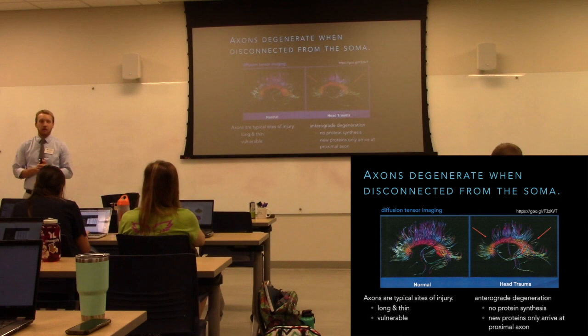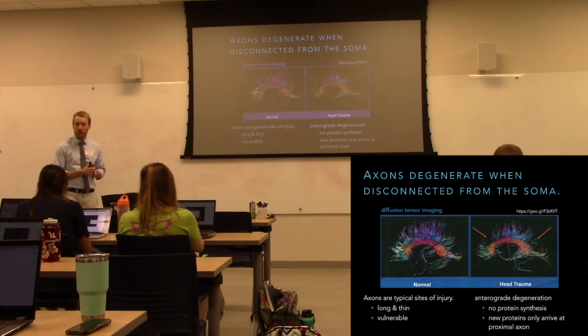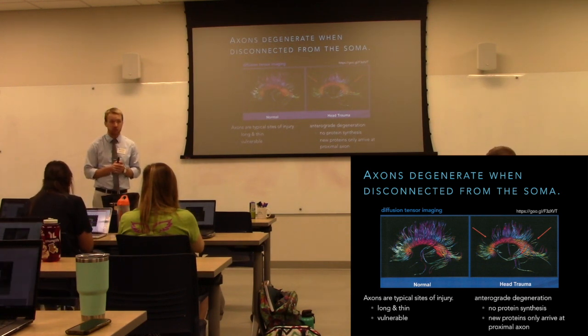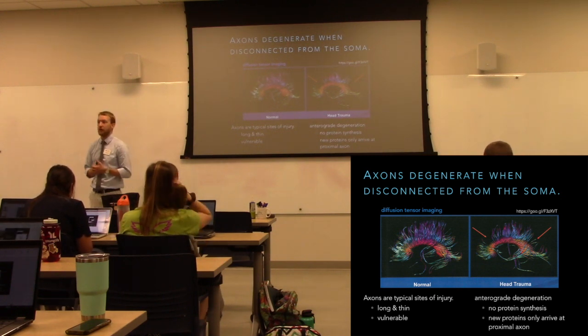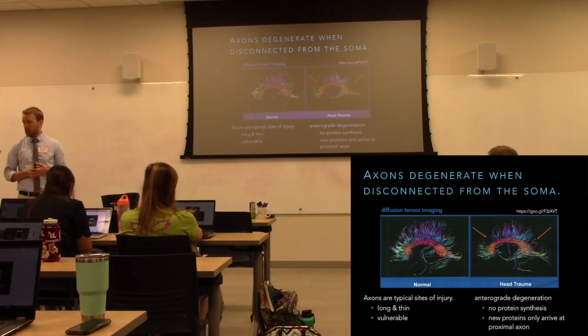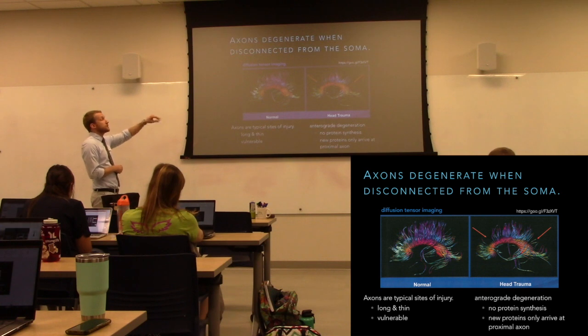Continue. So those noodles are very long. Therefore, they occupy a larger space than other components of the neuron, and therefore it's just more likely that axons are going to be injured than other parts of the neuron. They're spread out over a larger area. So by chance, you'd expect axons to be injured. This is true whether we're talking central or peripheral damage. It's especially true in the periphery because it's just a bunch of axons. But even in the central nervous system,